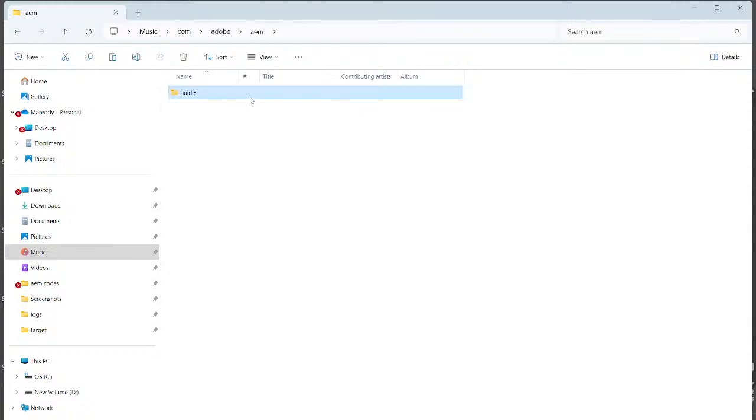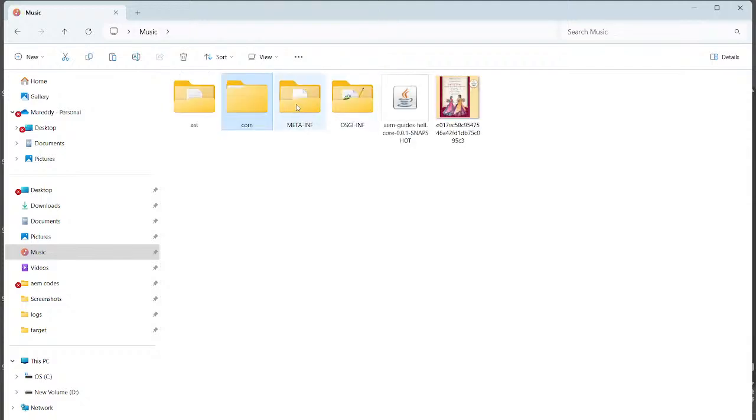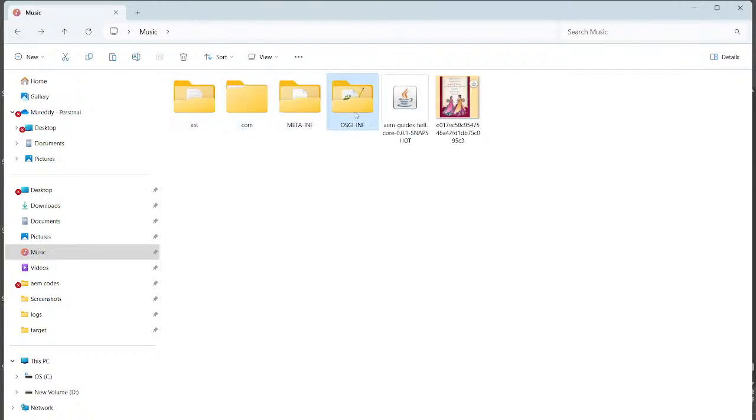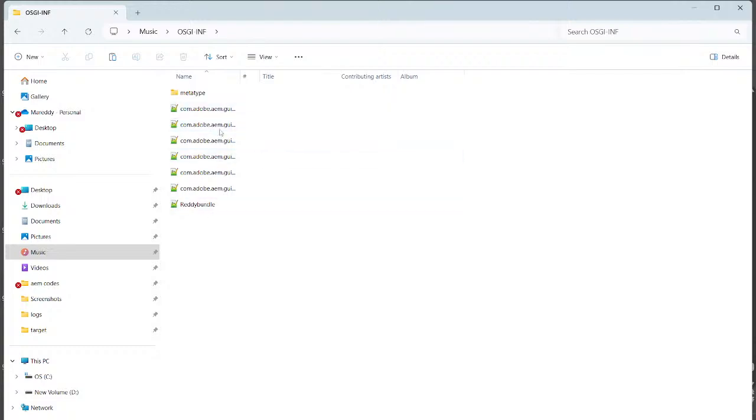And if you go inside this com folder, whatever code it was presenting, whatever packages it was presenting, like filter, models, and scheduler services, these all will be present under that code. And I have set some bundle manifest headers where it will be present. Just go back. Here there is META-INF, and we will have three folders. These three folders, and this is the OSGi services, and these are some of the examples. Means whatever code was predefined or maybe created, it will be present in here. And as I have said, this is the meta type